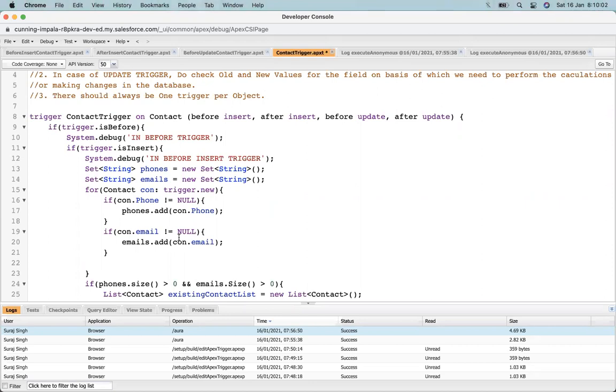There should be one trigger per object, so how do we handle that? We will separate the logic to be handled by some other class, and that class is known as a trigger handler.